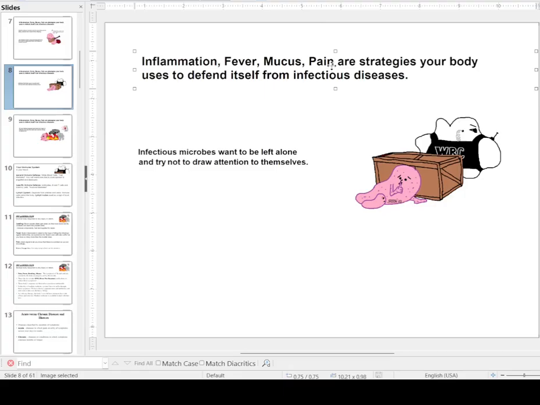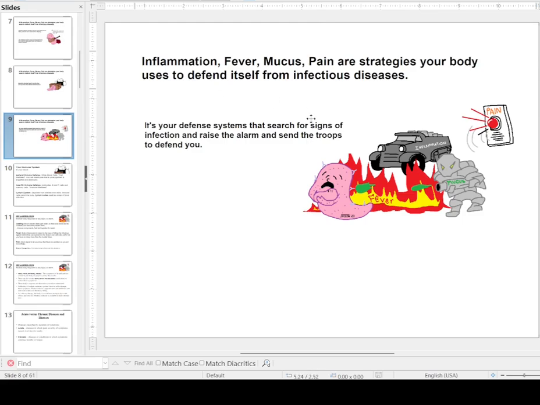Inflammation, fever, mucus, pain. Why does the microbe cause these things, which are the signs that we're sick? Well, the plot twist is that no, the microbe does not cause these things. The microbe is trying not to cause these things. It's our immune system that causes these things. The immune system responds to the detection of an intruder, an invader, by starting inflammation, which is swelling, redness, fever, mucus, pain,